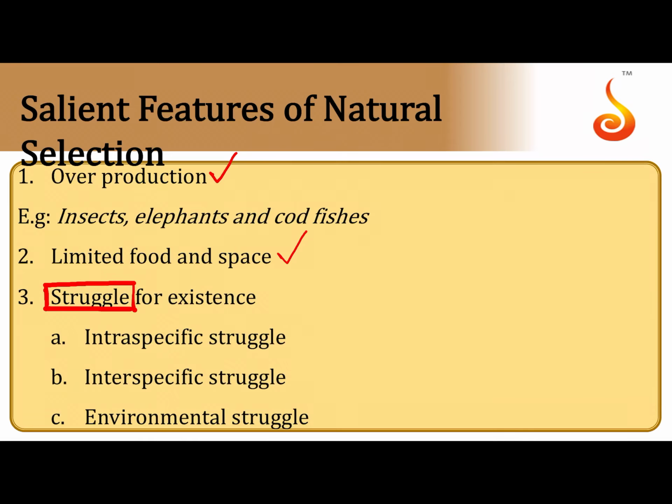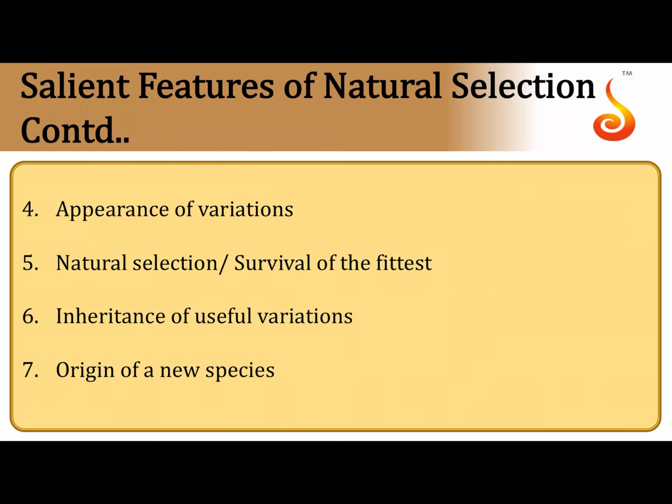There is going to be a constant struggle that can exist between members of the same species, that is intra-specific struggle, or it can be between members of two different species, like in the case of interspecific struggle, or it may be the struggle against the inanimate world, that is the outside physical world, that is the environmental struggle. So imagine the organisms have to go through so much struggle. So ultimately there's a lot of competition within the members of the same species or between the members belonging to two different species, and ultimately we need to cope with the changes happening in our surrounding environment.